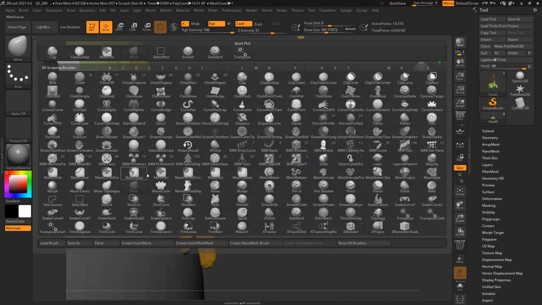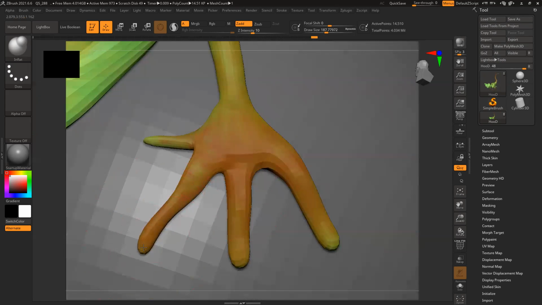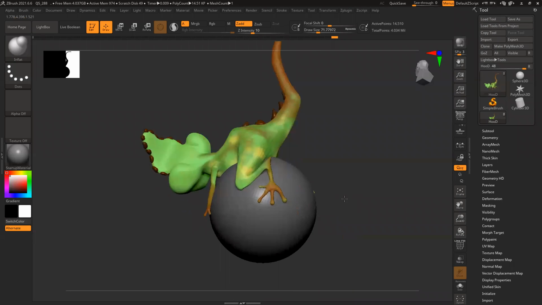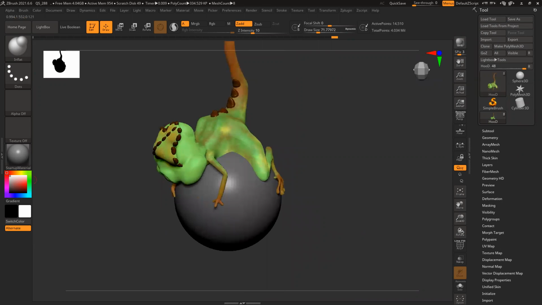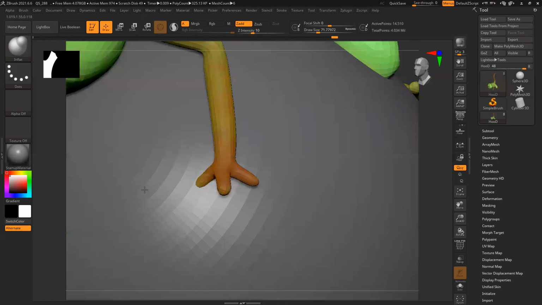So I'll use the inflate brush instead of manually trying to make it thick and all. Slightly elongated.